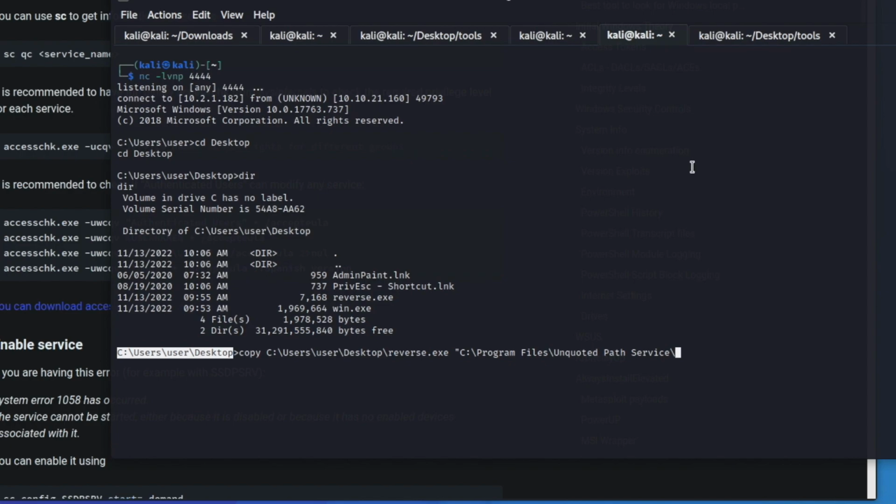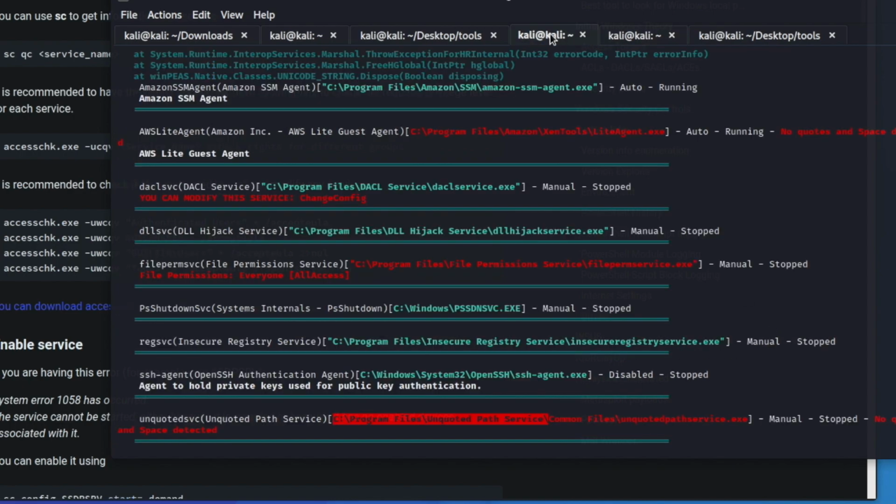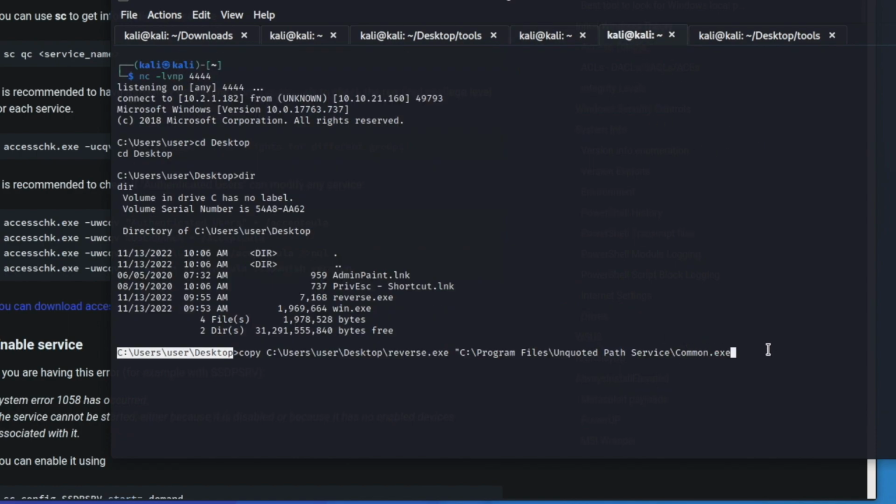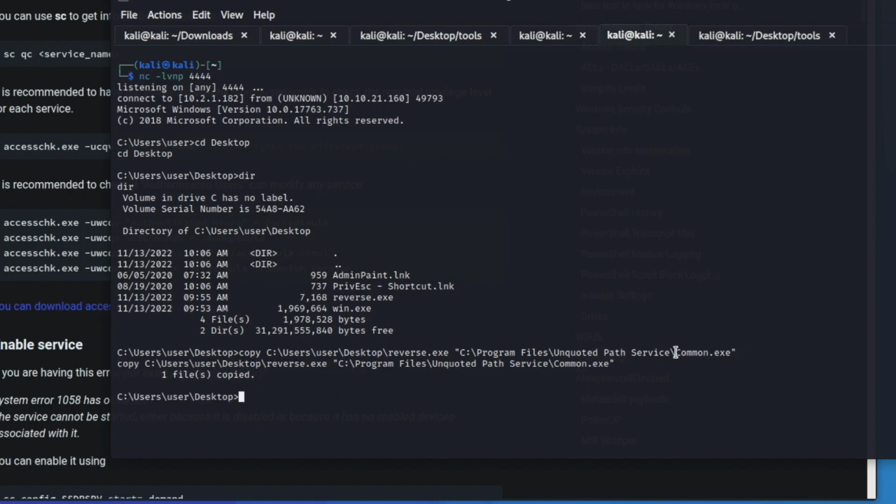And in here, we're going to want to rename this reverse.exe to common.exe, remembering that we want it to have the same start right here to this common, so that way it automatically executes our file for us. And then we can close this quote off, and that looks right. So that should go ahead, and it tells us that it copied the file over,